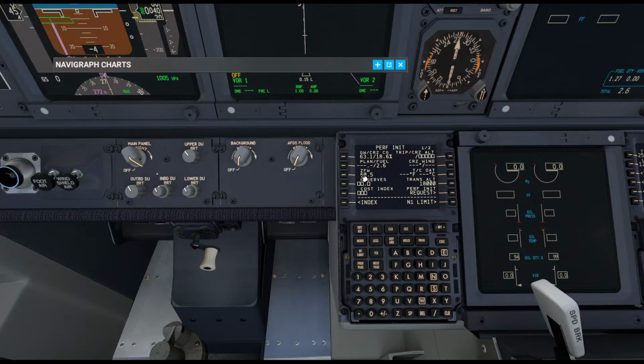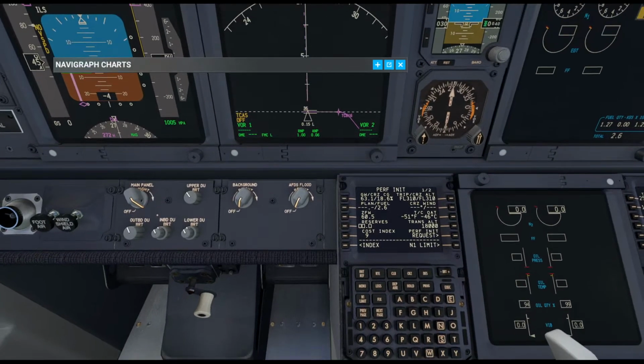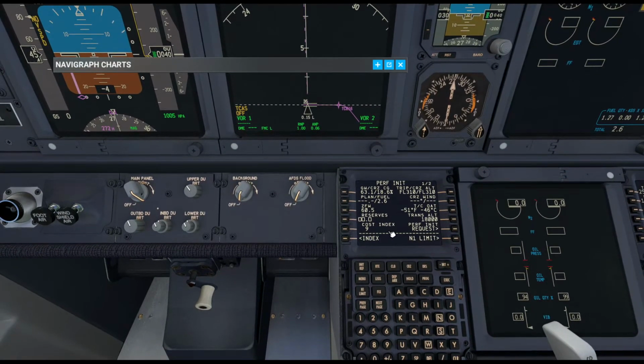In terms of the zero fuel weight is this 60.5, cost index is 9. We'll be cruising at 31,000 feet. Falcon says 31,000 feet, so that's what we'll do. Reserves, so